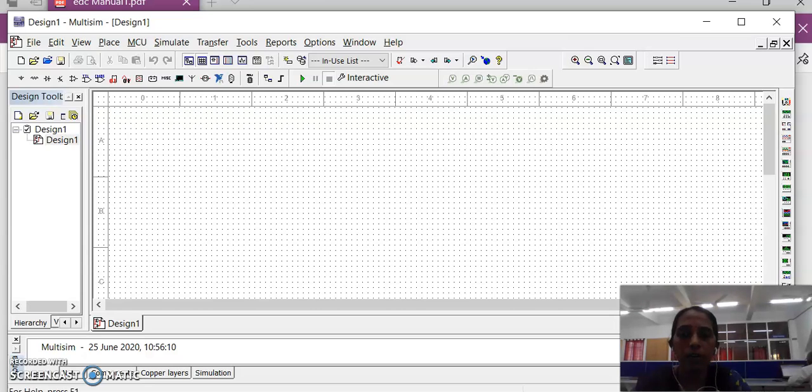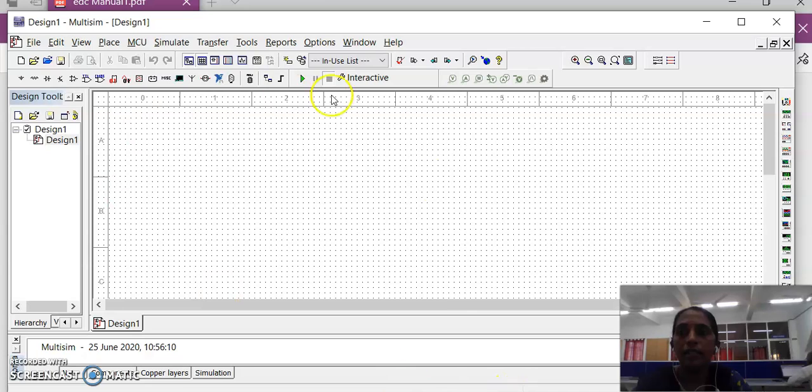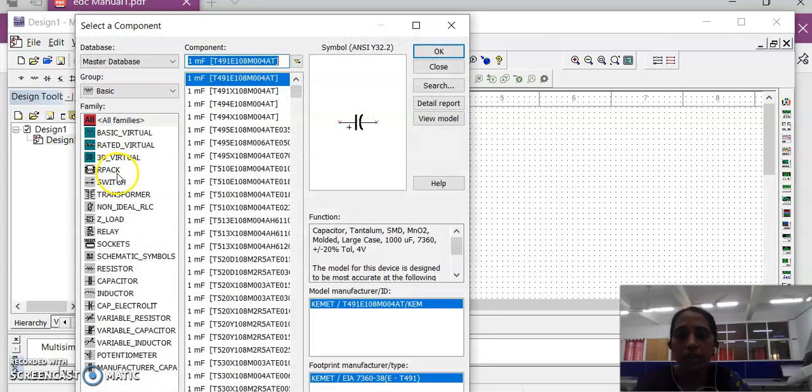When you double click on the Multisim icon, you will get a window like this. What you can observe here is what we call the workspace. Before we get to the actual experiment, in this tool we have different types of sources required for the circuit, and you can place the source. And whatever the basic place is, here you can get the different